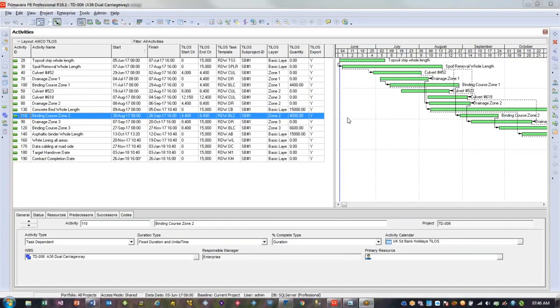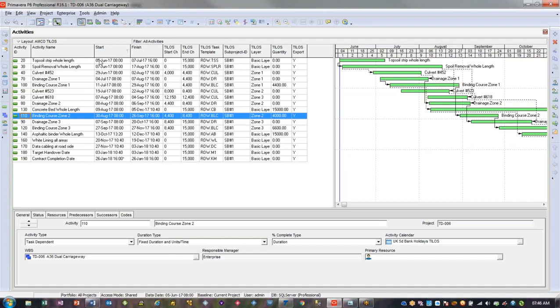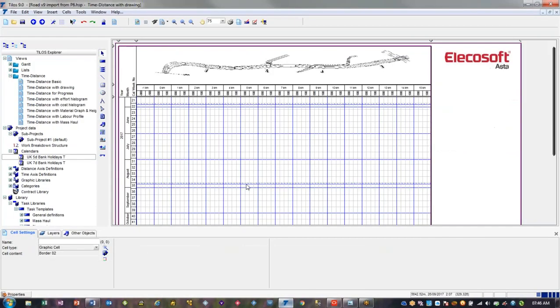Okay, in this session we're going to talk about transferring data from P6 into Tilos. So here I've got a small P6 program with a number of activities, and here I've got an empty Tilos file waiting to accept those activities, and the first thing we need to discuss